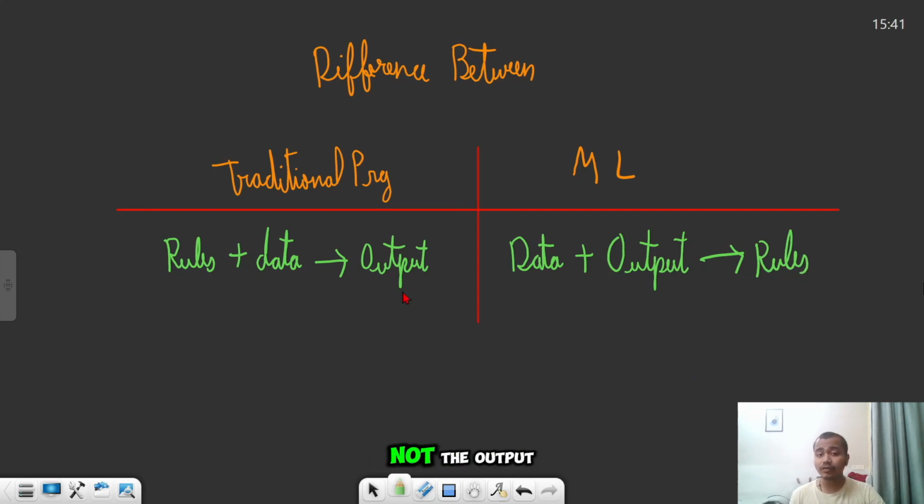Here, the end goal is not the output, because we already know the output based on so much historical data which we have collected over the years. We want to find the rules, the underlying patterns present in the data. This is the difference between traditional programming and machine learning.